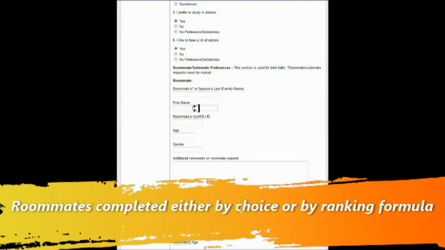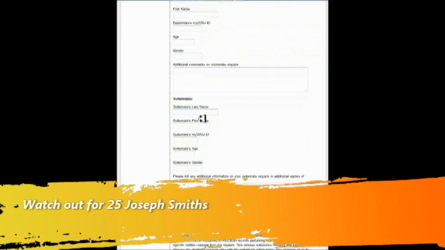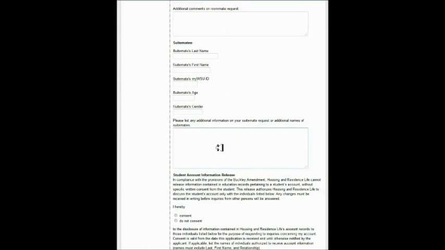The reason we ask for the ID is if you say, I want to live with Joseph Smith, there could be 25 Joseph Smiths. We want to make sure we get the right one for you. So the WSU ID will help us in that process. Roommates and suitemates are not always guaranteed, but we do our best to give you that, and as always, list